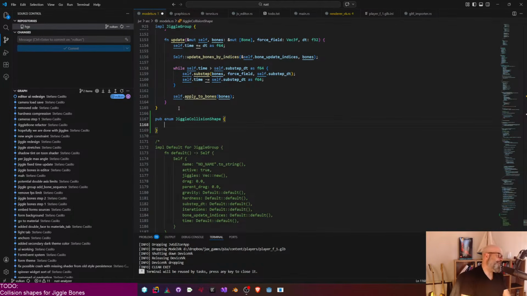It's my stream. Well, thank you very much. Collision shape. So the idea is that this could be a plane. This could be a box. Probably the box is the easiest to go, right? So the box is going to be something like center,